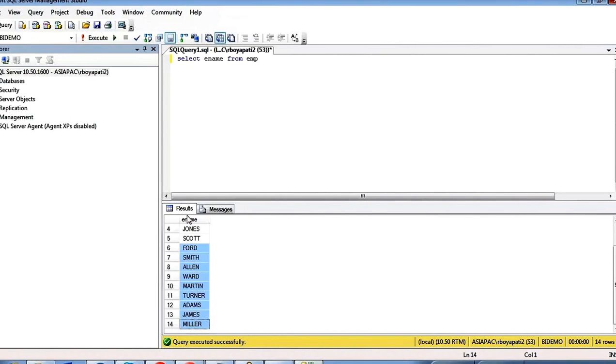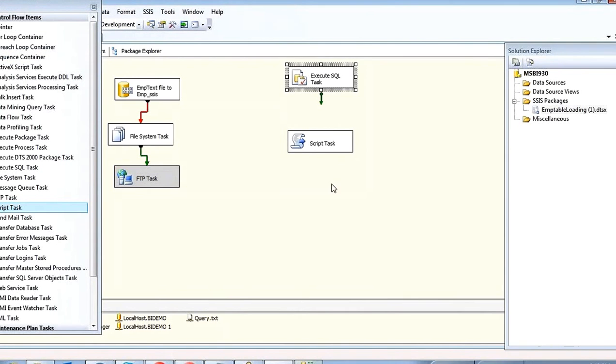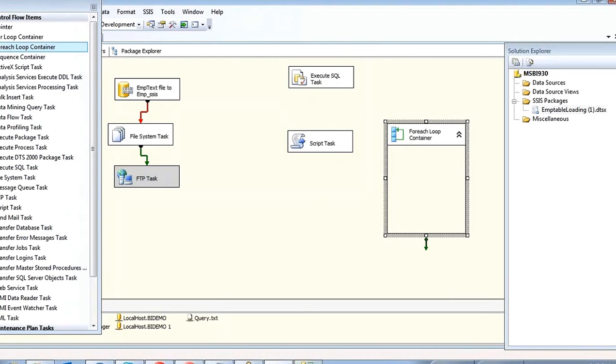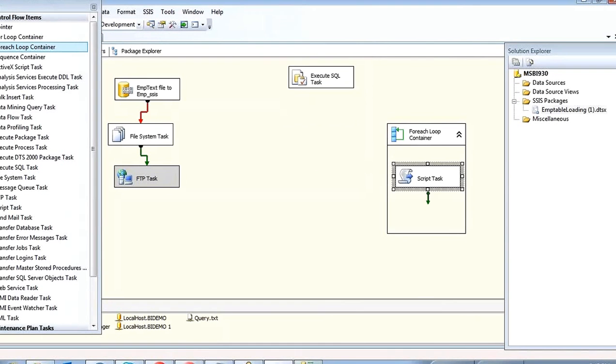As many rows as there are. So for that we want to loop this script task. For that looping, what are we going to use? The Foreach Loop Container. I'm going to put this script task inside the Foreach Loop Container.